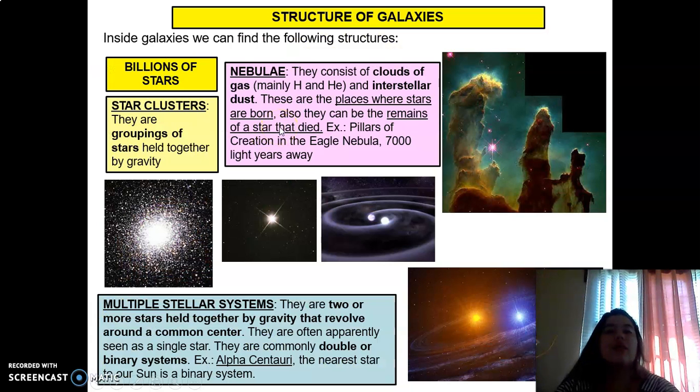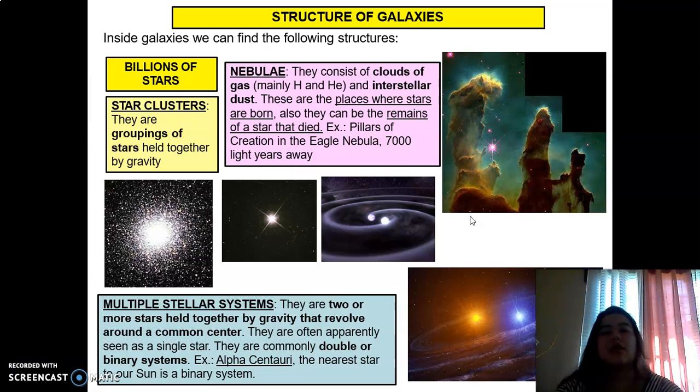And the structure of a galaxy: inside the galaxy we can find the following structures. Billions of stars. Star clusters are groupings of stars held together by gravity. Nebulae consist of clouds of gas, mainly H and He, and stellar dust. These are the places where stars are born. Also, they can be the remains of a star that died. Example, the Pillars of Creation in the Eagle Nebula,